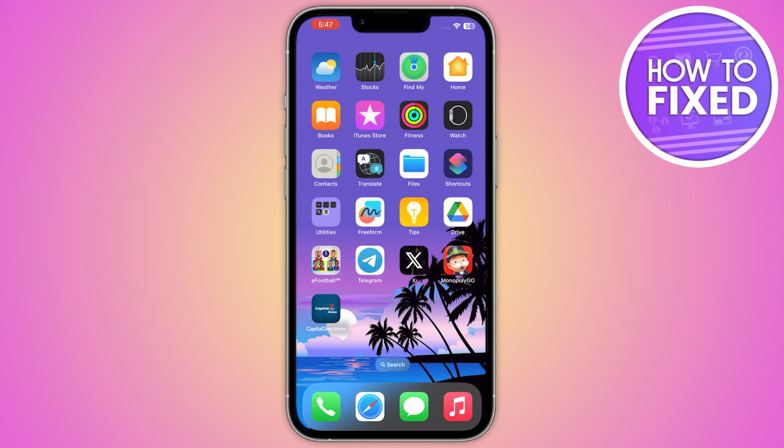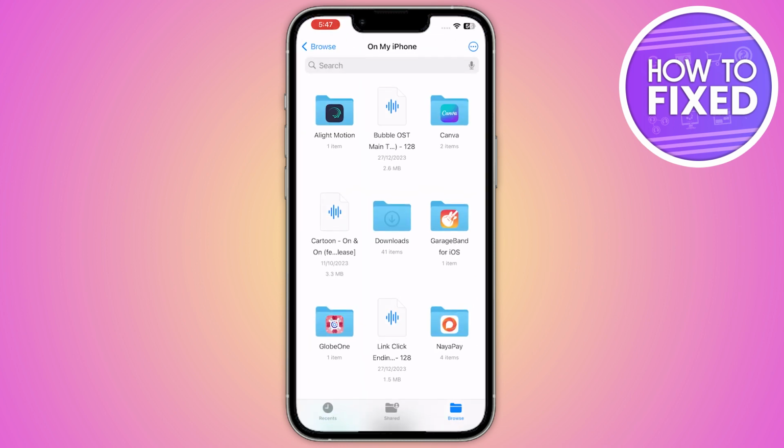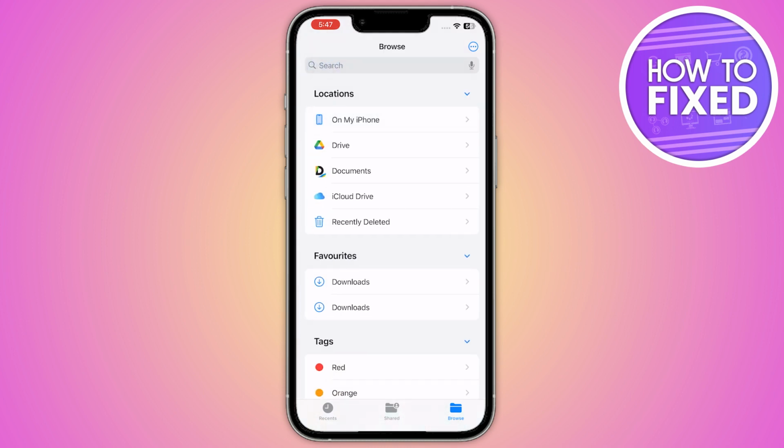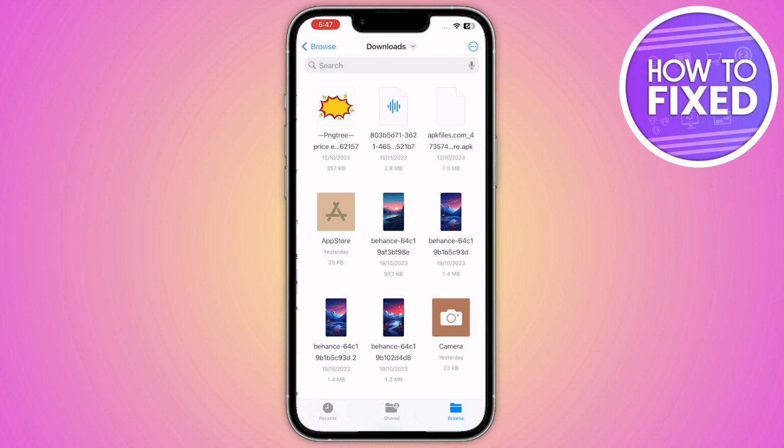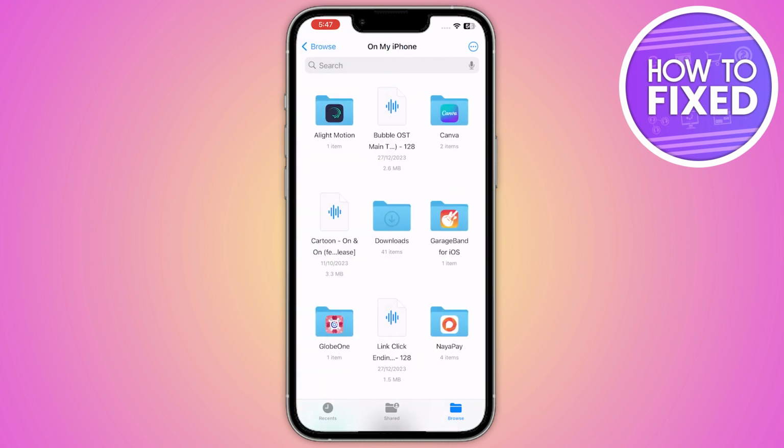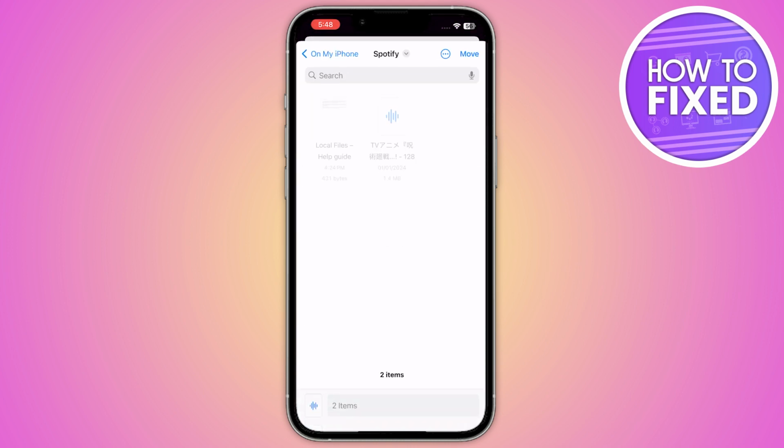So first of all you have to go into your iPhone files, and from here you have to go in this browse icon. Now once you are in, you just have to go in the downloads, and you just have to click on these three dots that are in the top right corner, and you have to click on the select. Now you just have to select any of the audio that you want to add as a local file in your Spotify, and after that you have to click on this icon of the browse,